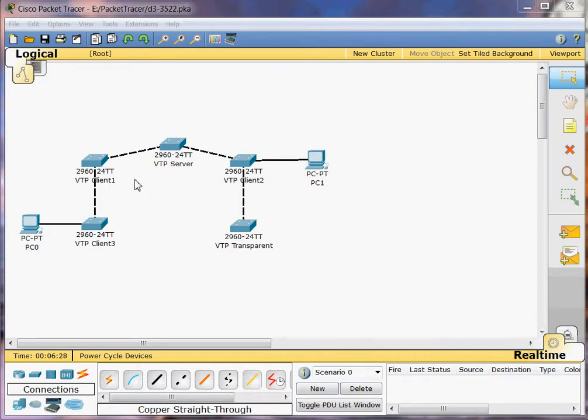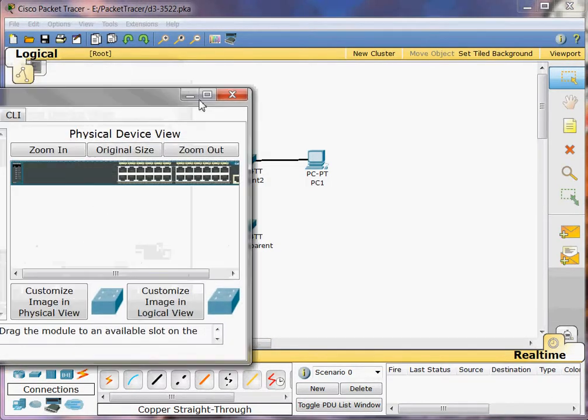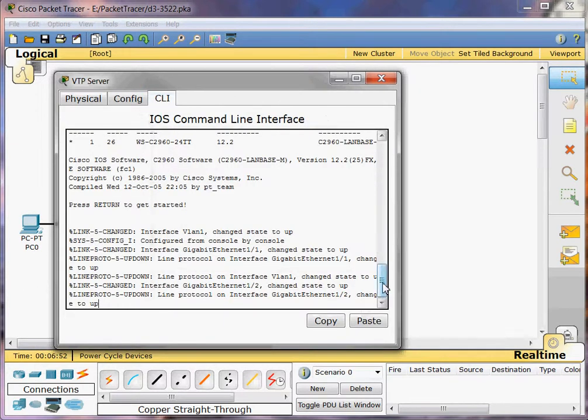This is Packet Tracer 352, and the objectives are to configure a VTP domain and configure VLANs on a VTP server and observe the change to a VTP client. So the first thing the activity wants us to do is click on the VTP server and go to the command line interface,